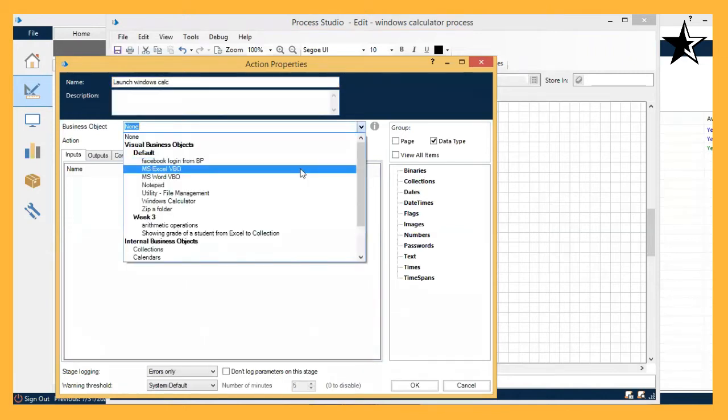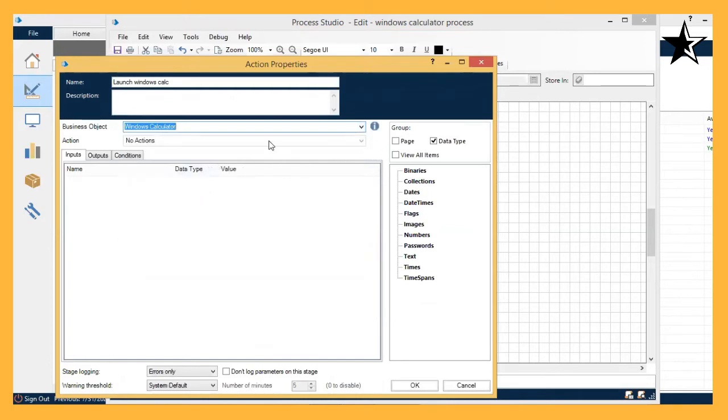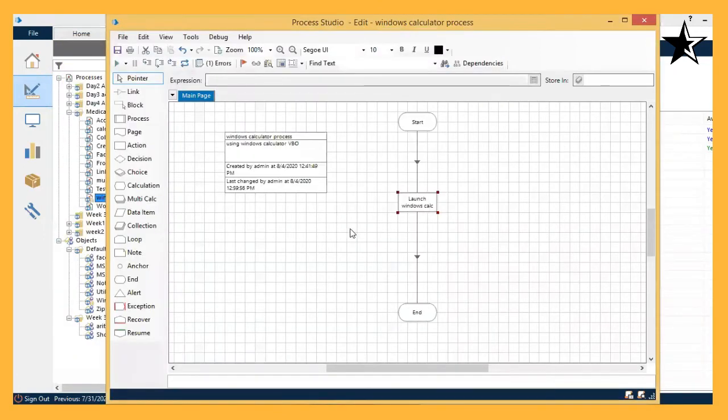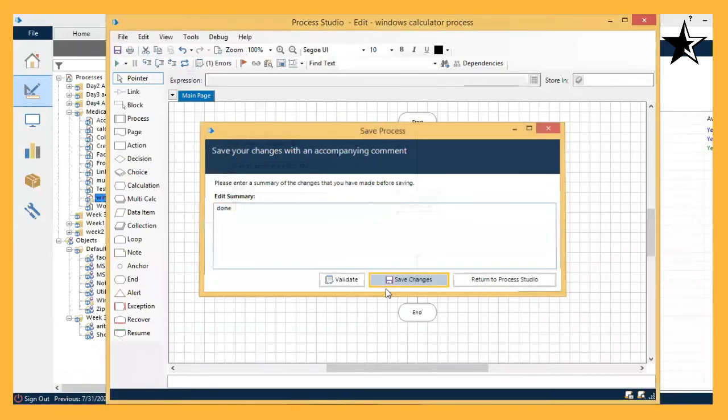Then you can see from the Visual Business Object window drop down menu, I can find the Windows Calculator VBO. No actions, it is showing no actions. It should show two actions. Save changes.